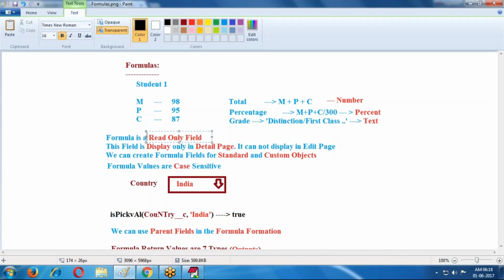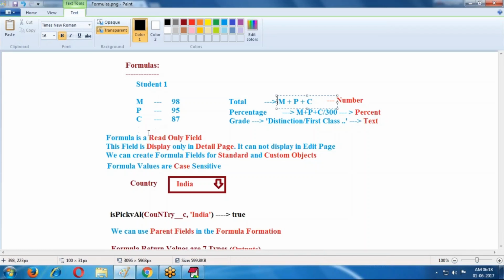That output is the formula value, which is read only. You cannot edit the value directly; you get the output just by editing the corresponding fields.